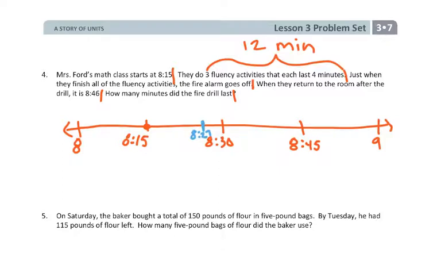When they return to the room after the drill, it is 8:46. So they get back at 8:46. So we need to figure out this time. So we're going to use D for drill. And to make this easy on us, let's first look at